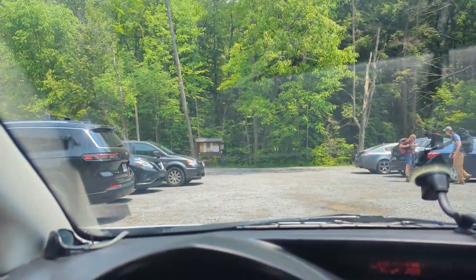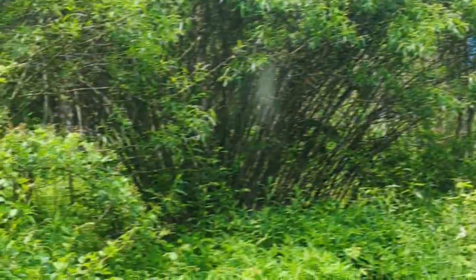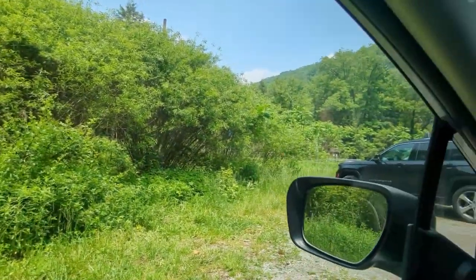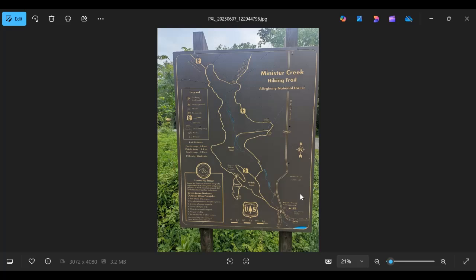Just so you know, when you come into this parking lot, there's the sign, there's the maps over there. Across the road is where the trail starts, to the left of the campground. All right, so I am doing this for the first time. So when we park down here,